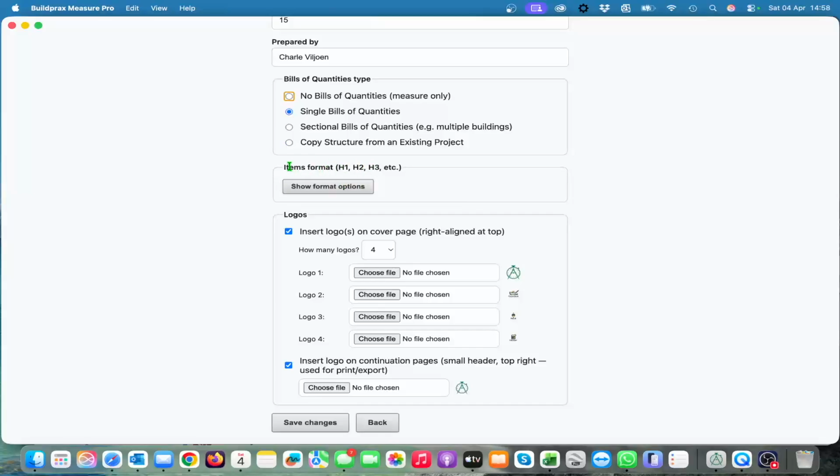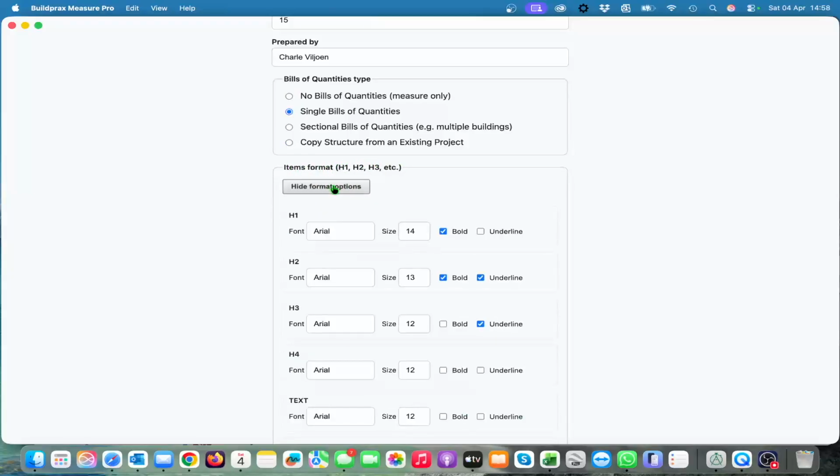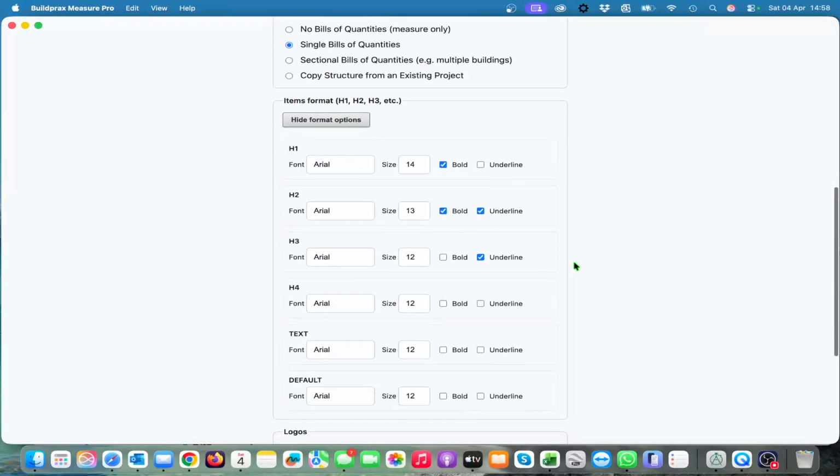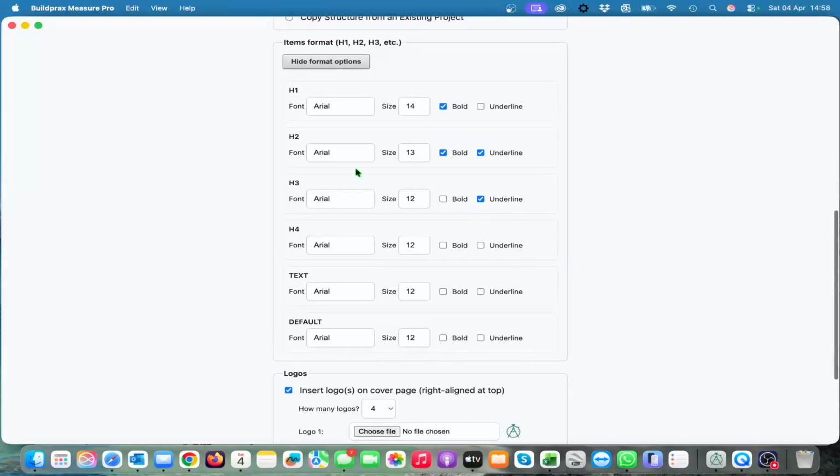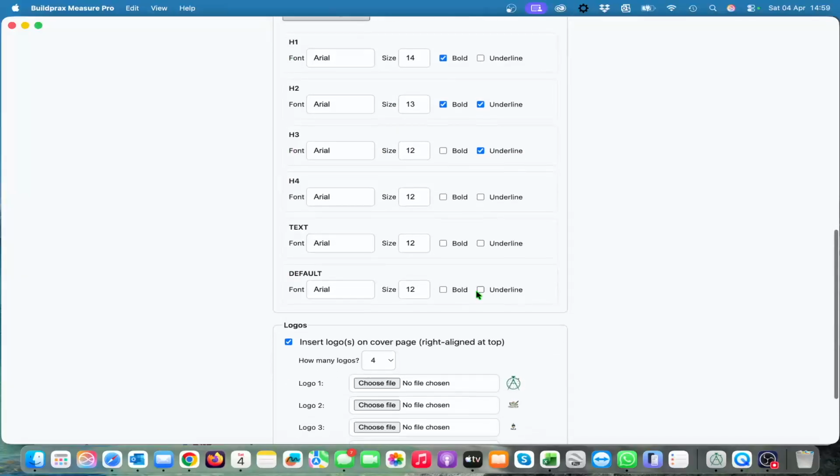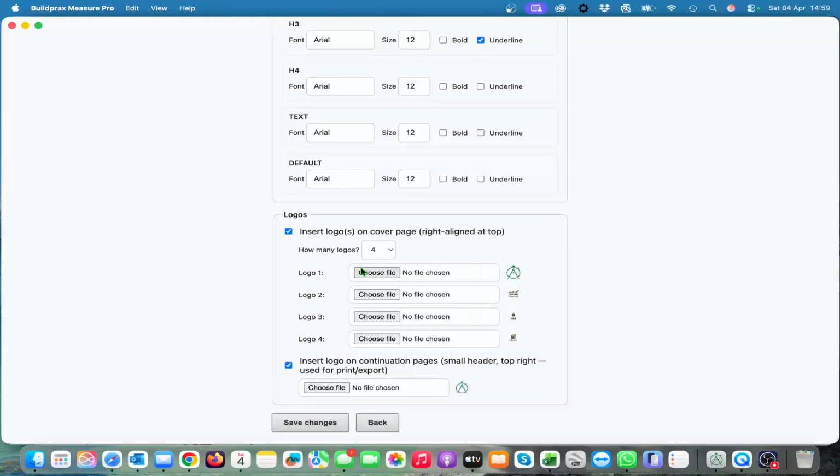The items format is up to your own liking, how you want your documents to look. I like to make the H1 a little bit bigger, and the H2. It is just to give the look for your bill of quantities, and then you can add four logos, whether you own,